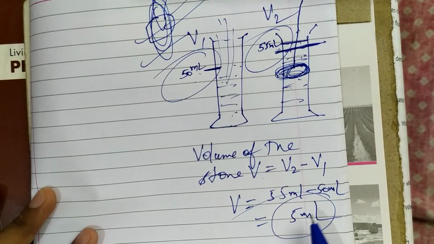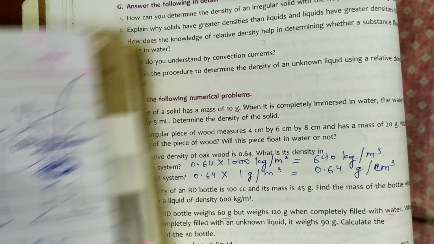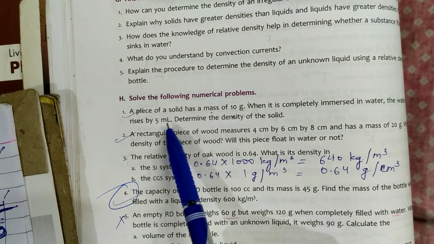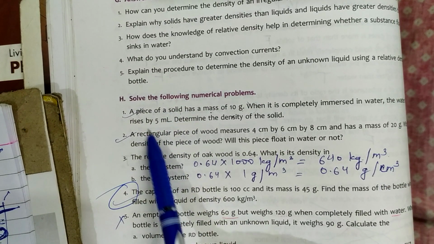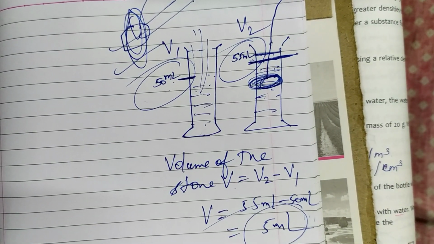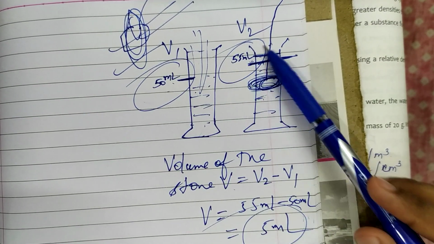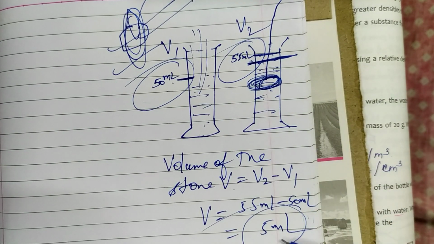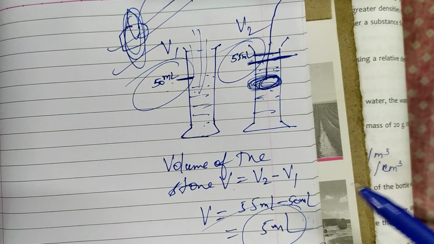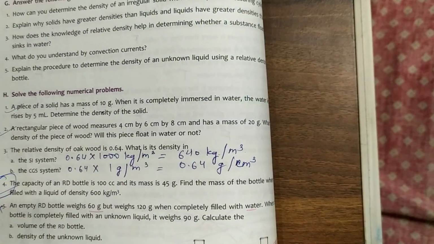The same way, it means the water level rises by what amount? 5 ml. So what is the volume of the stone here, the irregular solid? 5 ml. So same way here we got that the volume of the stone will be 5 ml because here the water level rises by how much? 5 ml. You can see here the water level rises by 5 ml. Initially it was 50 ml and then it rises by 5 ml and it reached 55 ml. Yes. So 5 ml is your volume. Now you have both the things here. So I am directly showing you the solution, children.